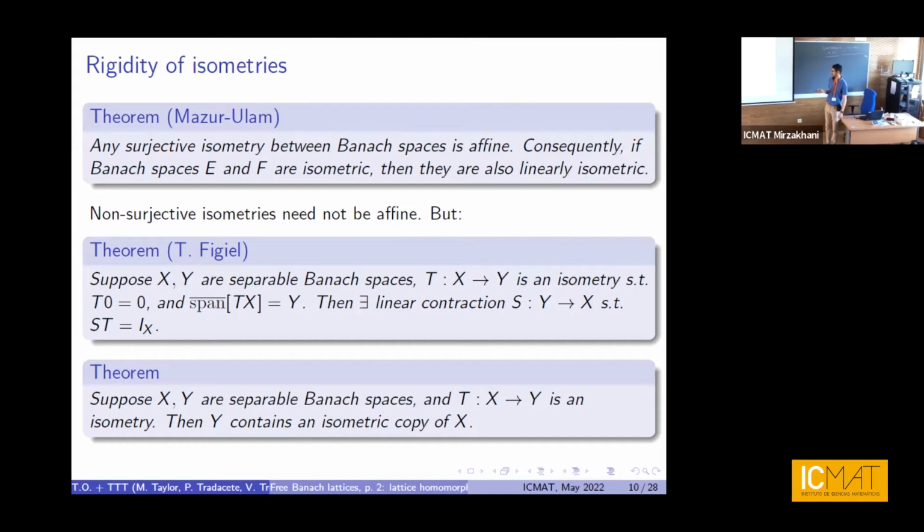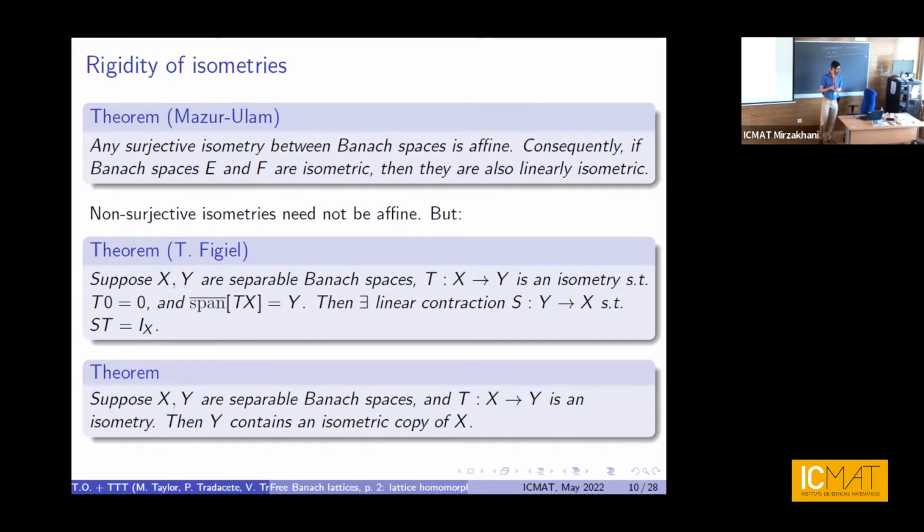and consequently, if we have separable Banach spaces and we have an isometry, then the target space Y will contain a linearly isometric copy of X. Here I wrote isometric, but I meant linearly isometric. So this kind of leads you to expect that the isomorphic case will be different from the isometric case, and from what I know now, it looks feasible,